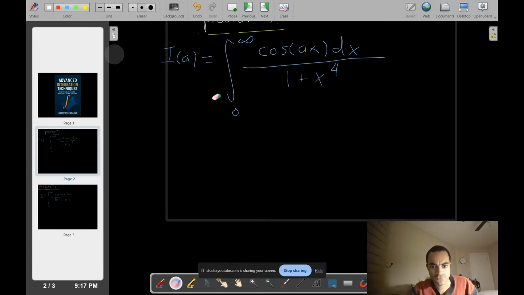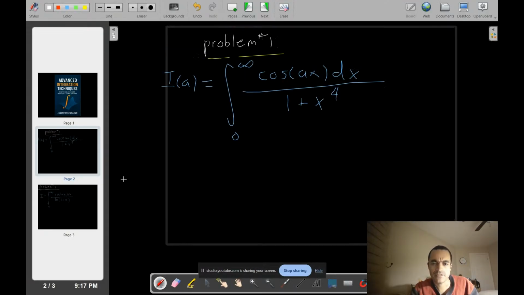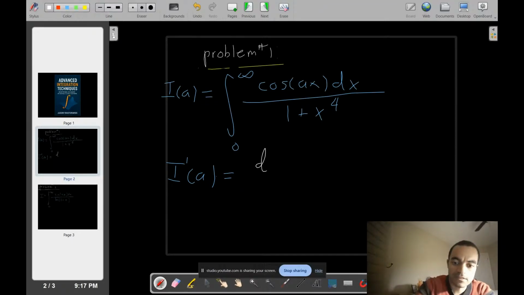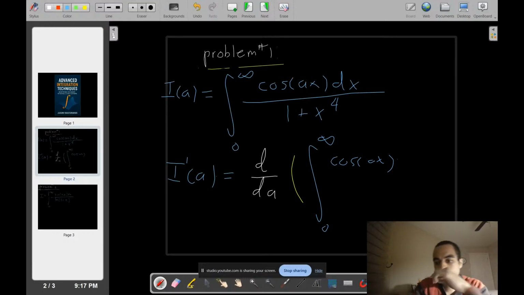Okay, so I'm going to use Feynman trick. Let me know if you're not understanding something, Blazing. All right, so Feynman trick states the following. I can differentiate both sides of the integral. So I'm going to do here with respect to A. So this would be I prime, I prime as a function of A, right? I'm differentiating with respect to A. And this is equal to, I'm just going to use a different color here, d by dA of the integral from 0 to infinity of cosine of ax dx